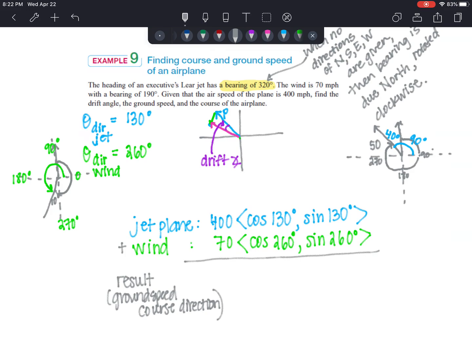So now I'm going to put this into the calculator. I'm going to take 400 times the cosine of 130 plus 70 times the cosine of 260. Make sure your calculator is in degree mode. And when you're ready to check out that horizontal, and you might as well do the vertical too, the horizontal and the vertical component, go ahead and press pause. So assuming you pressed pause and you are ready for the answer, negative 269.270 for the horizontal component, and the vertical component is